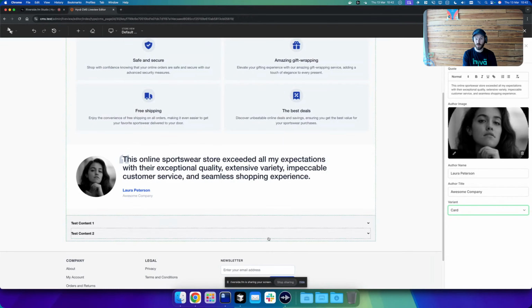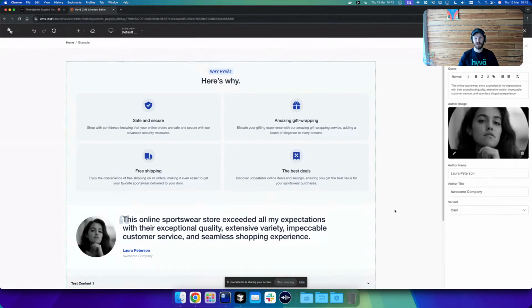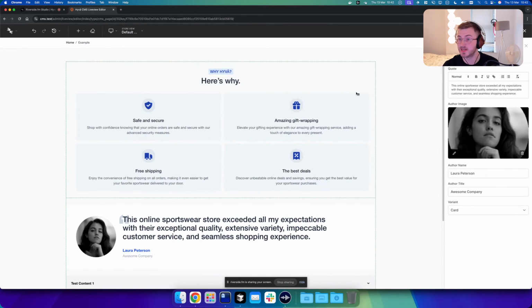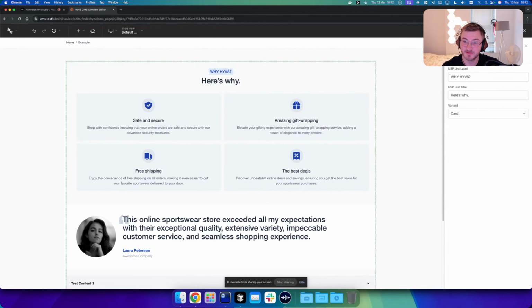Because this is just switching the HTML file that renders it, right? Exactly. So as an agency or as a merchant with in-house developers, you could just create a variation of a core template file and add it to this component so that it has the styling of this merchant. Exactly. It's absolutely fantastic. We do it in multiple different places as well.